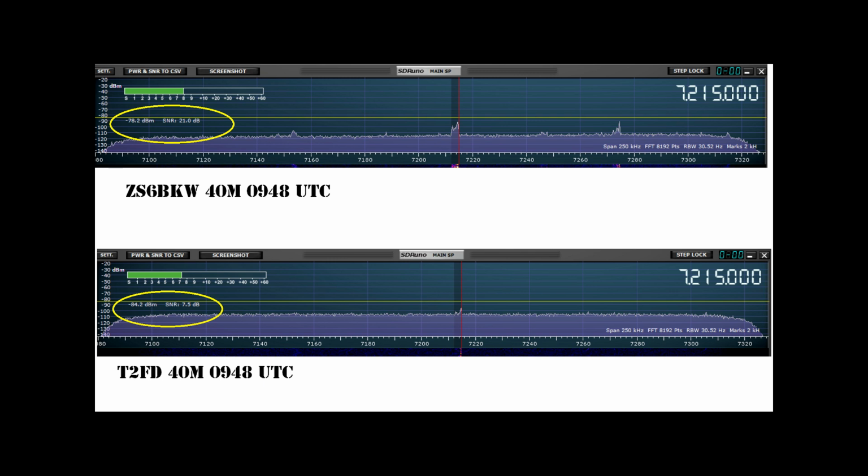Our S meter is at S8. Our test antenna is receiving the same signal at a level of minus 84 decibel milliwatts, with our noise floor appearing to be in the neighborhood of minus 105 decibel milliwatts, or an S7 on our meter. What we can see from this particular data is that the ZS6 BKW is outperforming the T2FD on this particular signal, and that it is meeting or exceeding the window of expected low frequency performance outlined in the original marketing